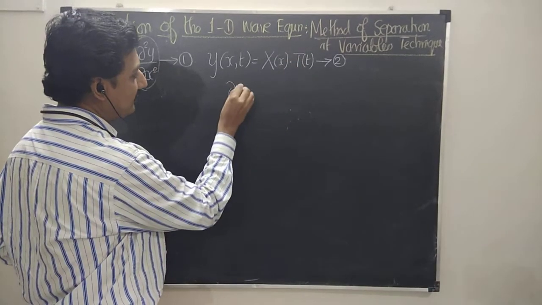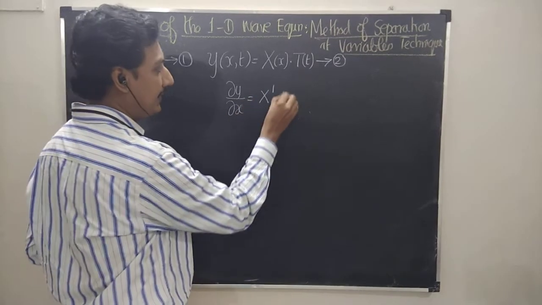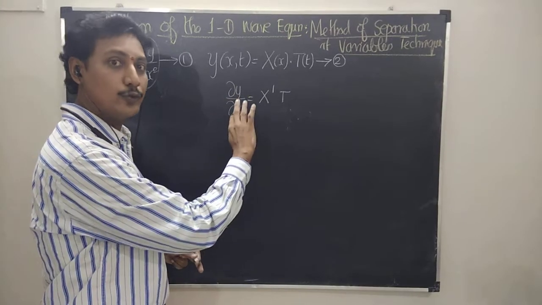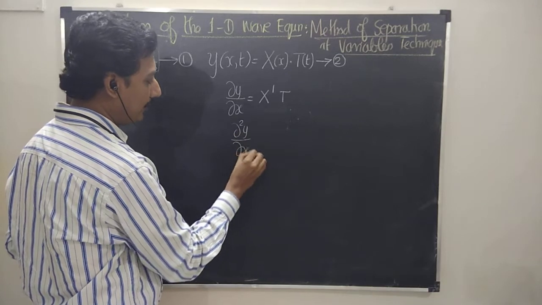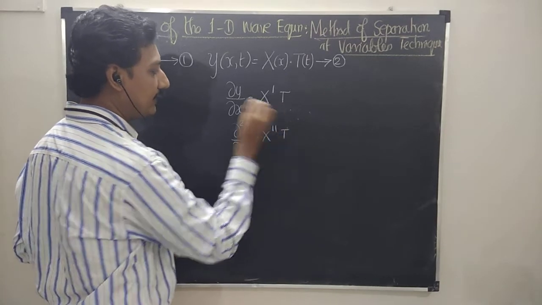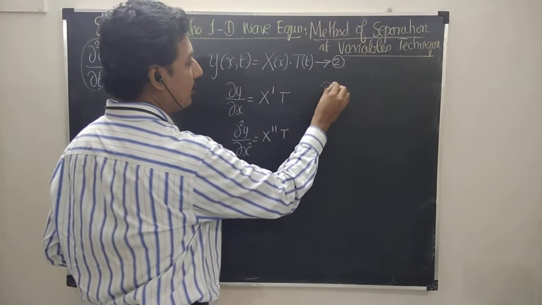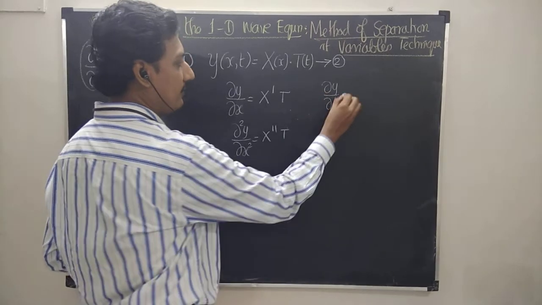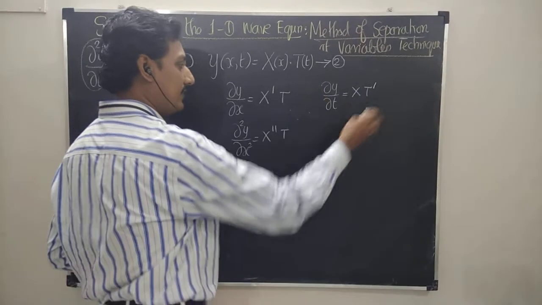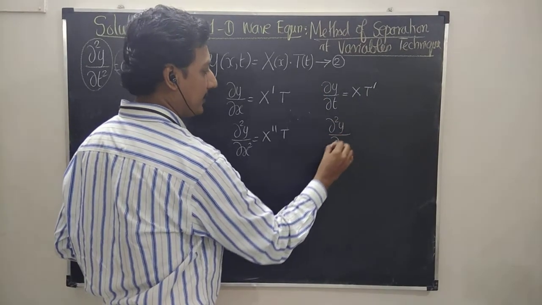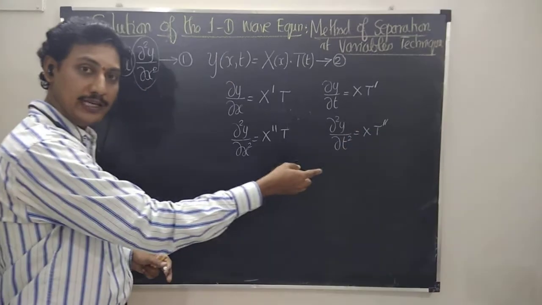Can I differentiate y with respect to x alone? What do we get? We get X one time derivative, X dash. T is the constant because it is fixed, under product form. Once again differentiating with respect to x, we get ∂²y/∂x² = X double dash into T. Similarly, when I differentiate this y equation number 2 with respect to t, the time factor, X is the constant, so T one time. Once again with respect to t, I get ∂²y/∂t² = X T double dash.